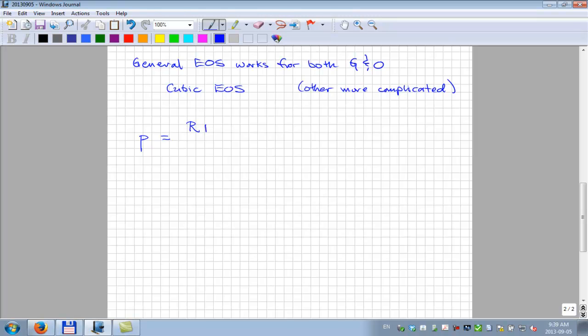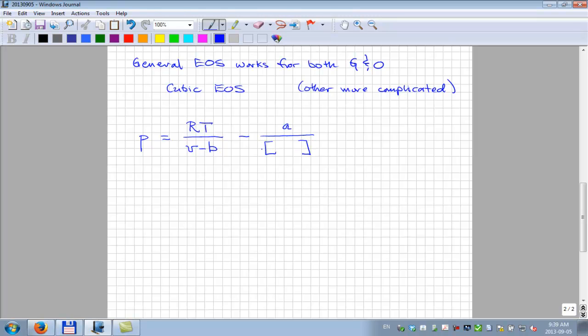And I'll just give you the simple form of this cubic equation of state. It's written something like this: the same gas constant, same absolute temperature, same molar volume, and there's a constant B. Okay? And then there's a second term. This is describing the pressure given the volume and temperature. There's a second term with another constant A, and then you've got a denominator here,